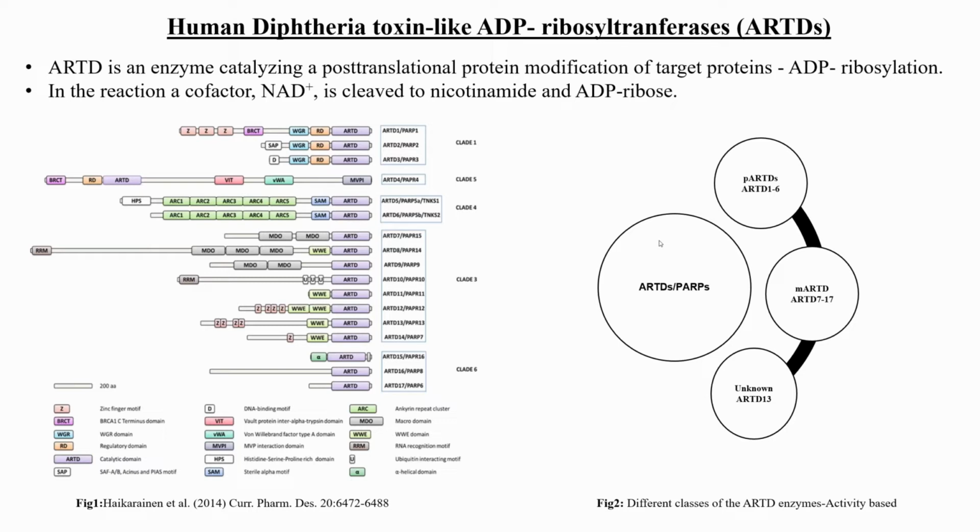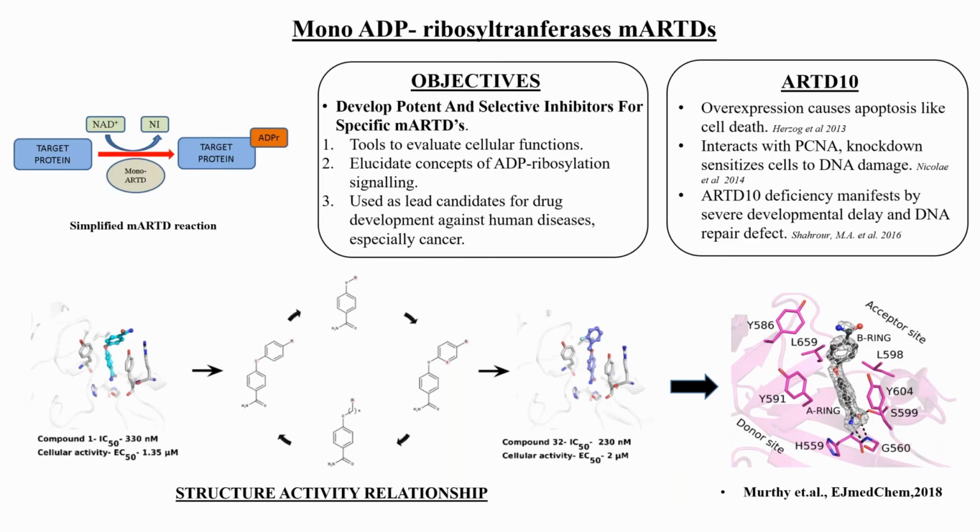In humans, there are about 17 enzymes of this family, and they're classified into 3 different groups based on the catalytic activity. There are poly-ARTDs, mono-ARTDs, and for one of the enzymes, the activity is still unknown. The poly-ARTDs are enzymes which add a chain of ADP-ribose to the target protein. And the mono-ARTDs, as the name suggests, add just one ADP-ribose to the target. My project basically focuses on mono